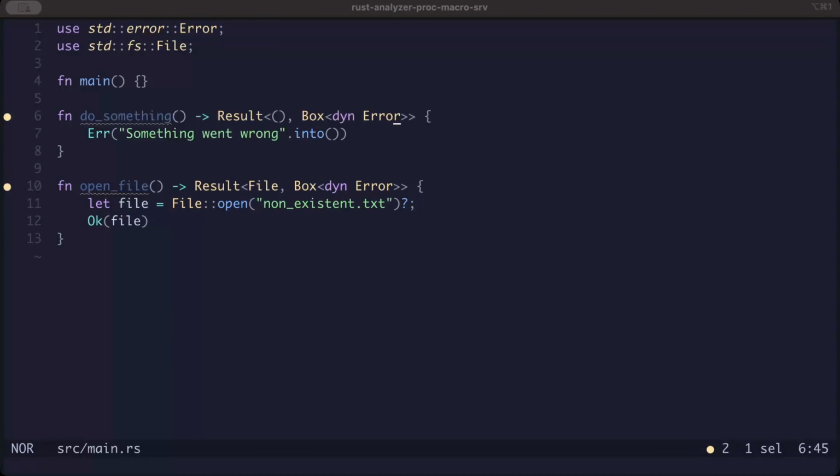Now let's discuss another use case where we have seen or used the Box smart pointer extensively, which is while returning errors. As you can see here, we have Result of unit or Box<dyn Error>, or Result of File, Box<dyn Error>. These are a couple of examples, but you should have seen it in different crates, or in the code that we ourselves write, we use tons of Box<dyn Error> as the return for errors. Now this is for dynamic dispatch for different error types, because Rust error handling is based on the Error trait, which